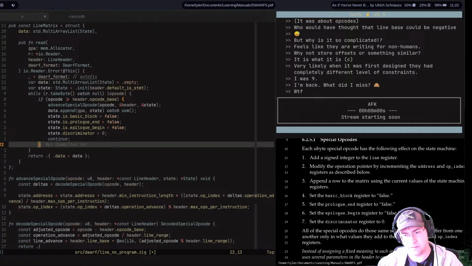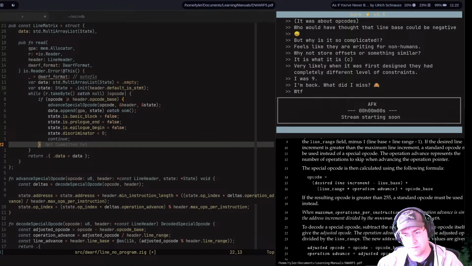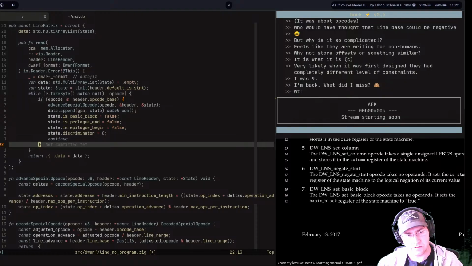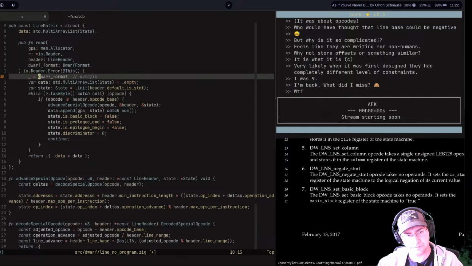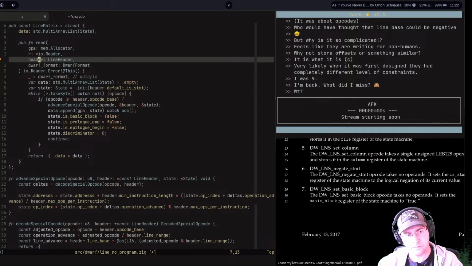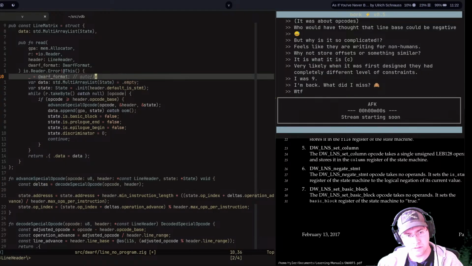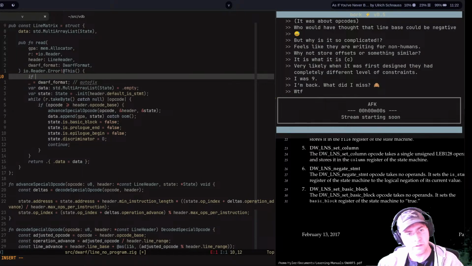So basically, we could do something like: if header.line version is less than or equal to, less than dwarf.version